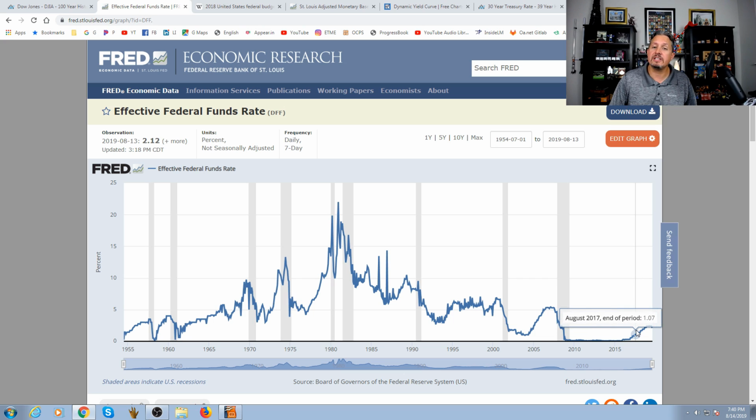What I was basically telling people is they're not going to be able to get the federal funds rate all the way back up to where it was. In fact, where it used to be before was, look at this, 5.3%. And I said in my last video, they're probably not even going to make it to 3 or barely above 3. Then they're going to have to start dropping rates again.